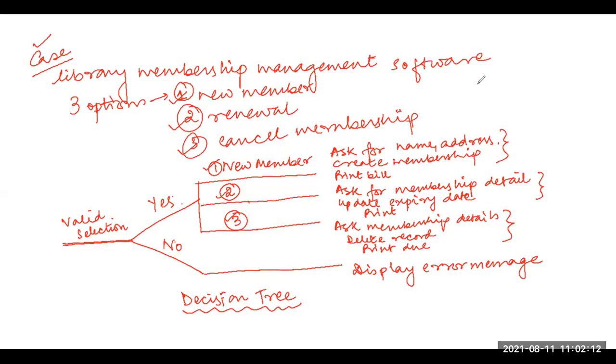That is, given any case and given certain conditions, you use the concept of internal nodes for condition checking, based on the outcome of these conditions, the edges that are to be followed, and based on each and every edge, there will be a set of actions to be performed which are represented as leaf nodes. Okay, so this is the way we represent the decision tree. Now we will talk about the decision table.